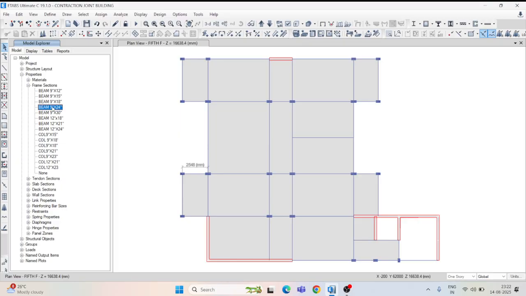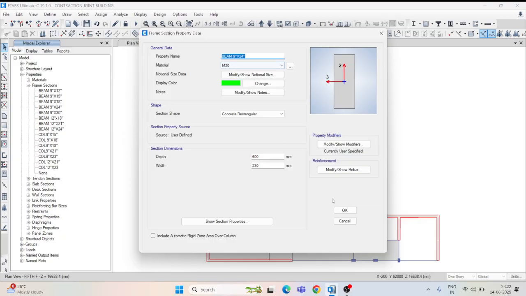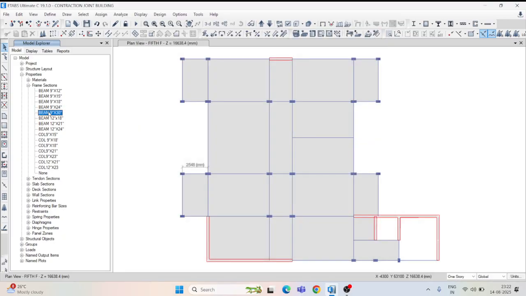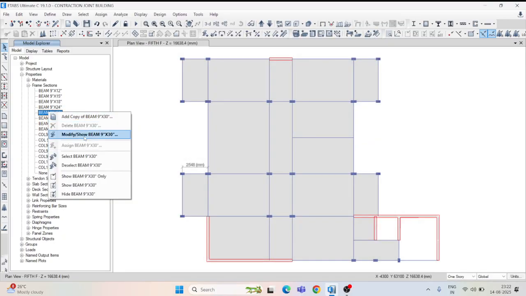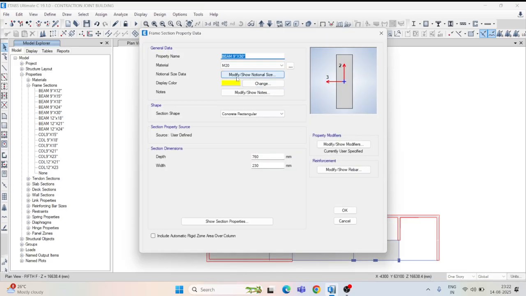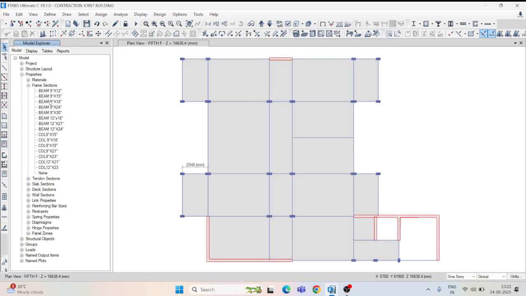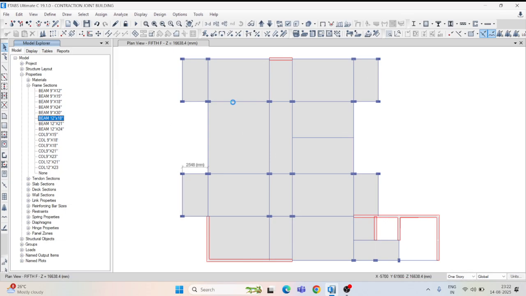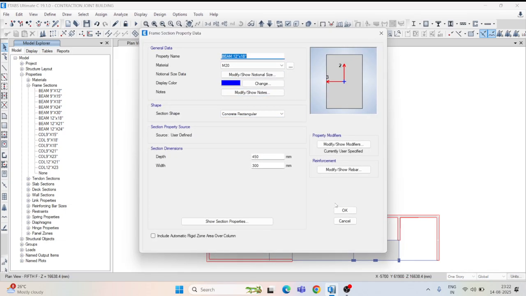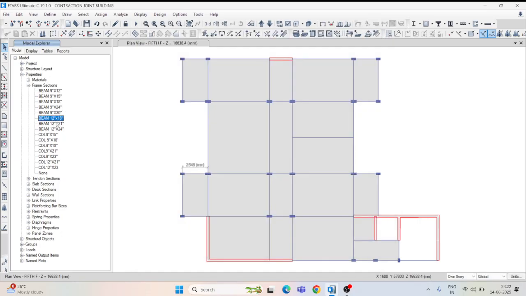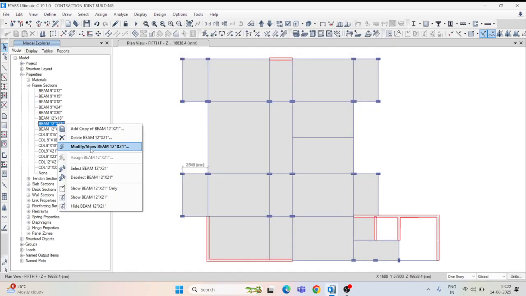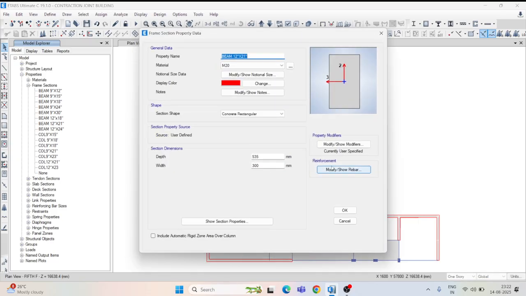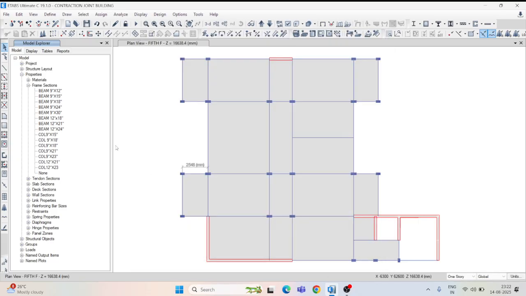Now go for 9 inch by 24 inch. Here also M20, okay. Now 9 inch by 30 inch. Here M20, okay. Now again M20, okay. So I think in beams we generally use only M20 grade of concrete, okay.